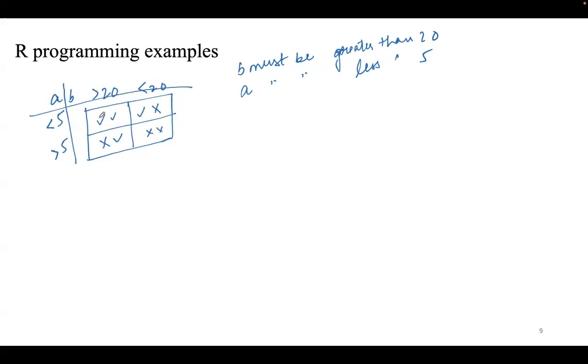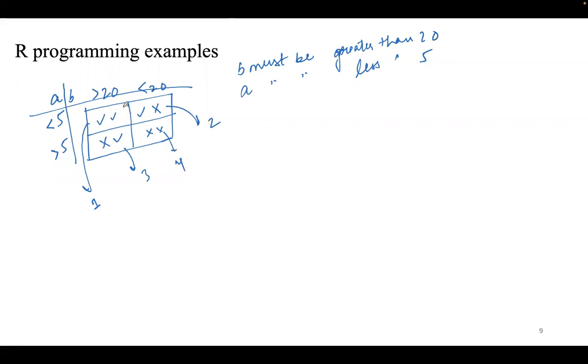So what this means here is that A is less than 5, B is greater than 20. And this is what we wanted. This one here means A is less than 5 and less than 20. So A less than 5 is satisfied, but B greater than 20 is not satisfied. Right? So these are the four conditions, the four possible options. Now this one I'm calling part 1, this one is 2, this one is 3, this one is 4.